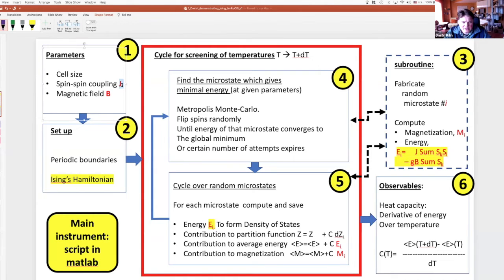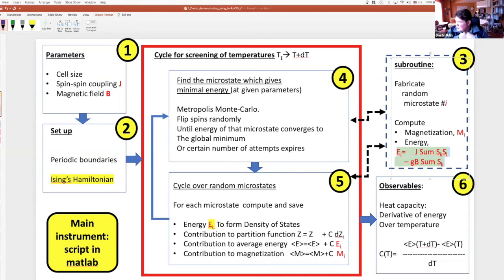The second unit is set up with not rectangular unit cells, periodic boundaries, and the Hamiltonian. The energy of the model includes only spin-spin interaction and splitting of energies due to the magnetic field, same as Zeeman. I will show it later, and it is quite a standard equation. Then the actual calculation goes in a cycle for temperature, where for each value of temperature there is a